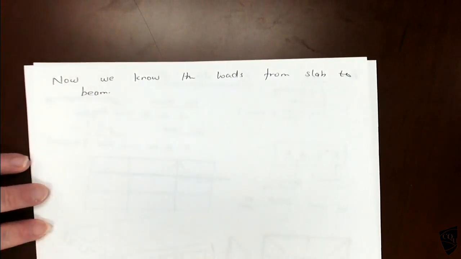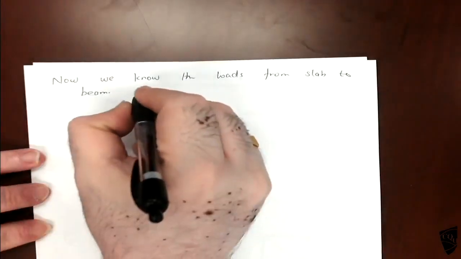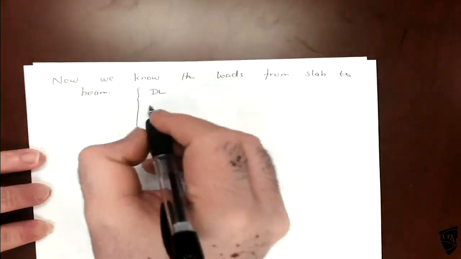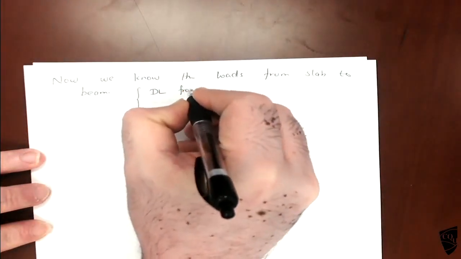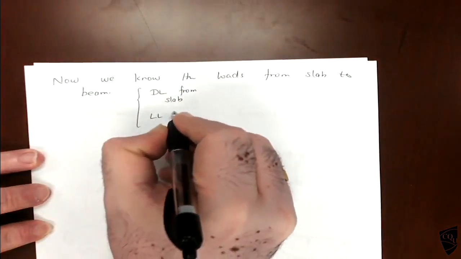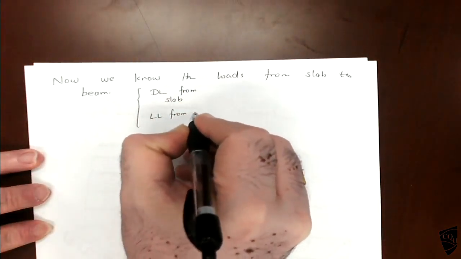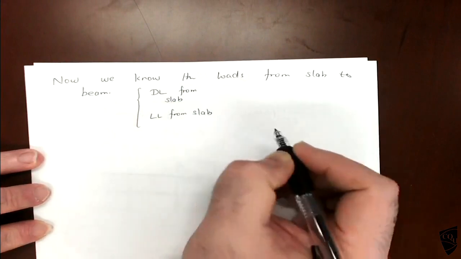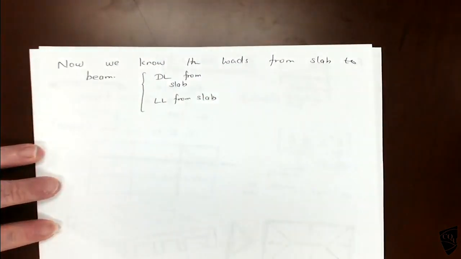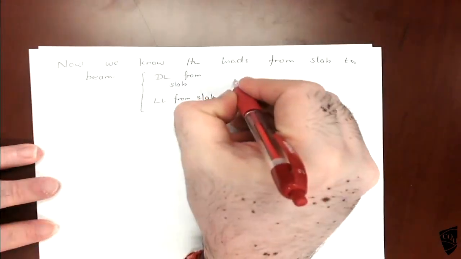Okay. So we have to do it separately in the assignment. Dead load from the slab, live load from the slab. Okay. So the distribution is either